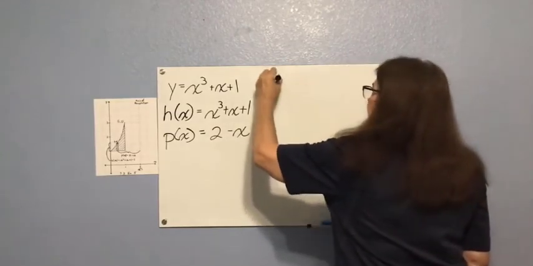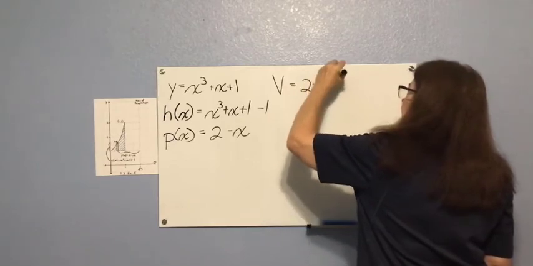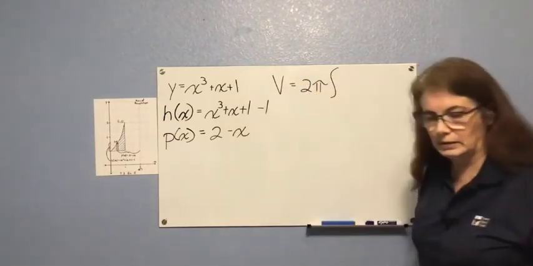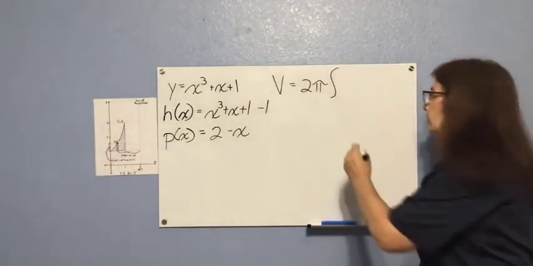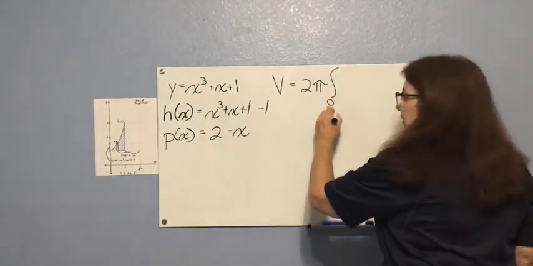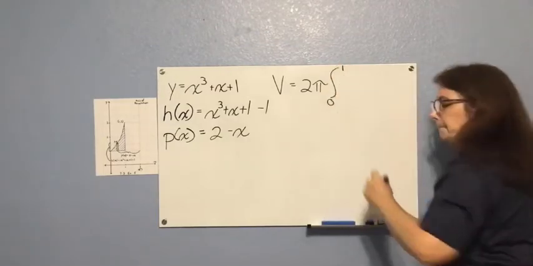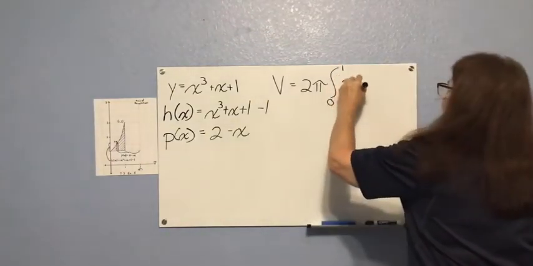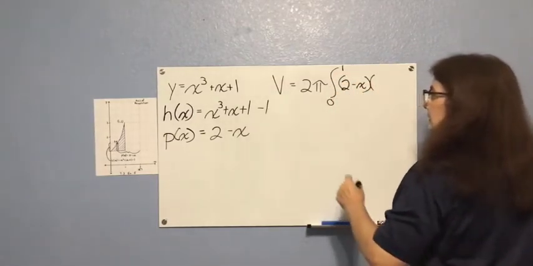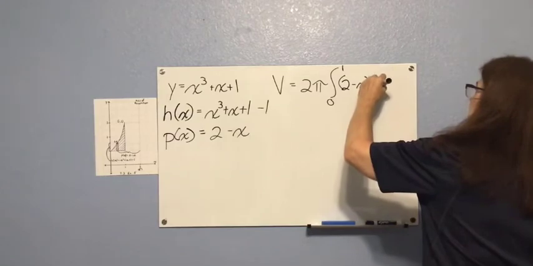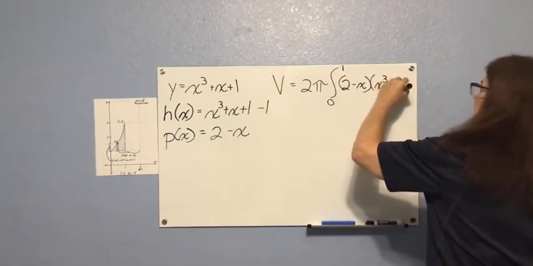Okay, let's write our equation. We're going to be going from 0 to 1. 2 minus x, that's our p of x, times our h of x, which would be x cubed plus x